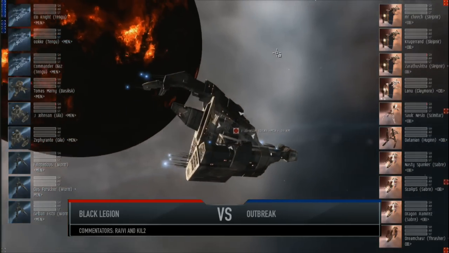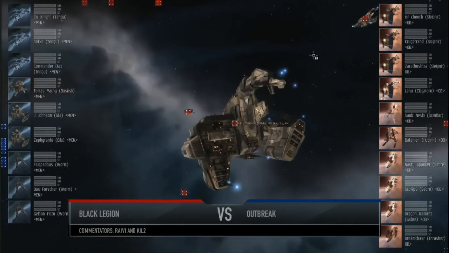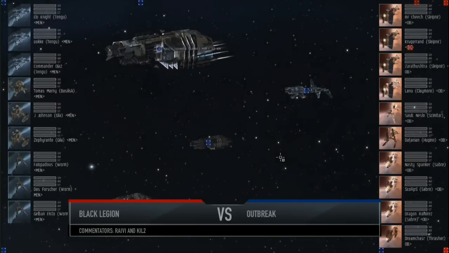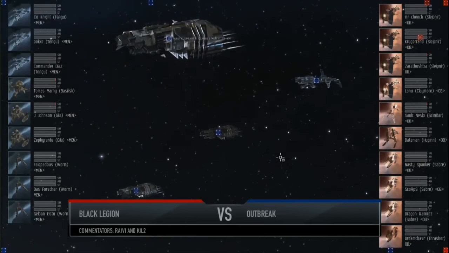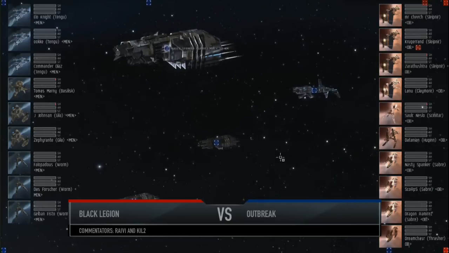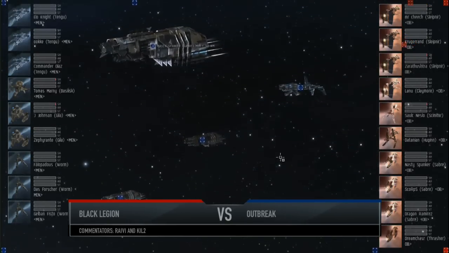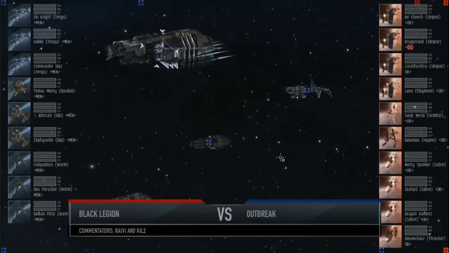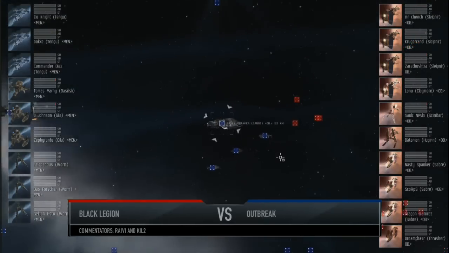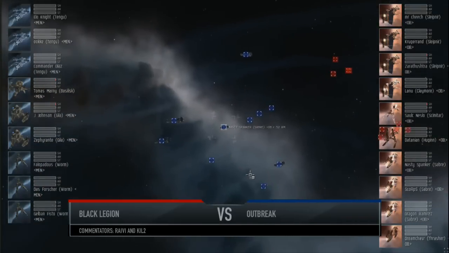On the left for Black Legion, we have 3 Tengus, a Basilisk, 2 Gilas, and 3 Worms. And on the right-hand side of your screen for Outbreak, we've got 3 Sleipnirs, a Claymore, a Scimitar, a Hugin, 3 Sabres, and a Thrasher. Very interestingly, these are 2 copies of different PL teams, the PL Minotaur Rush from last year and the PL Tengu team that lost to Darkside today. In our tests with these 2 teams, the Tengus always won, so it'll be really interesting to see how this